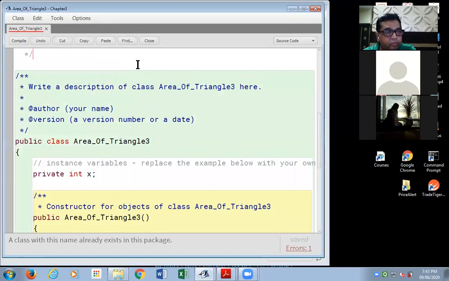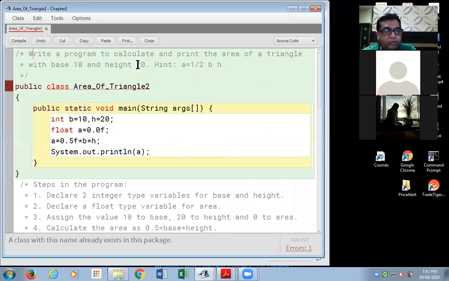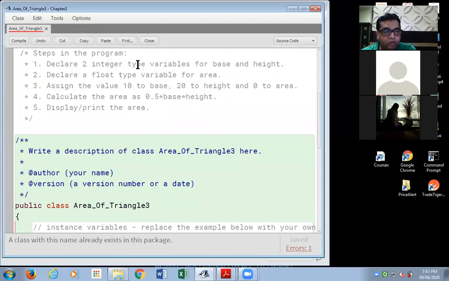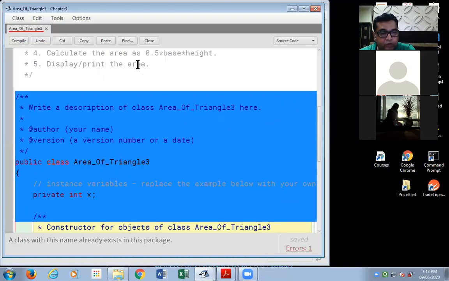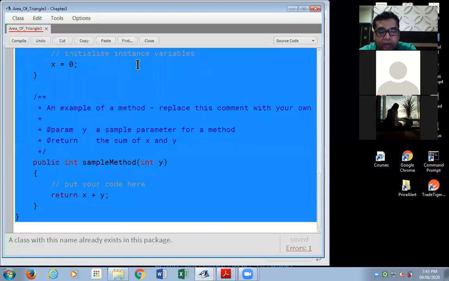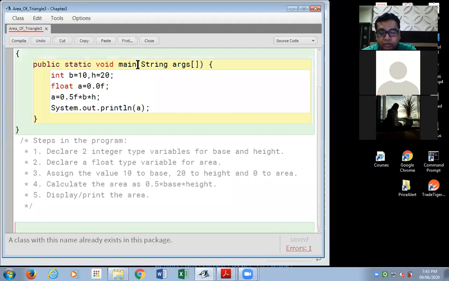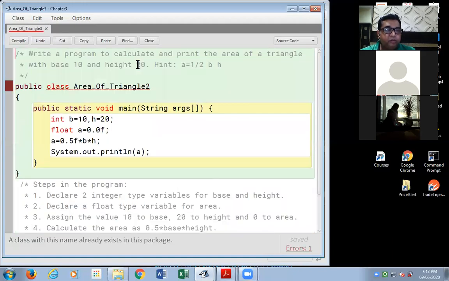So what I've done is, the lines from program 2, I've pasted them in program 3 so that I don't have to type them all over again. And I'm now selecting these lines and deleting them. Which lines? Which were given to me by BlueJ, I've deleted, and at the top I've pasted the lines from program number 2. Please see. Here the name of the class is area of triangle 2.